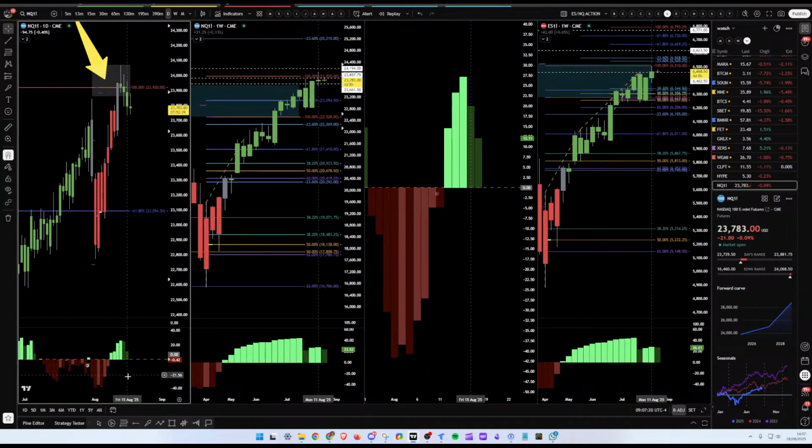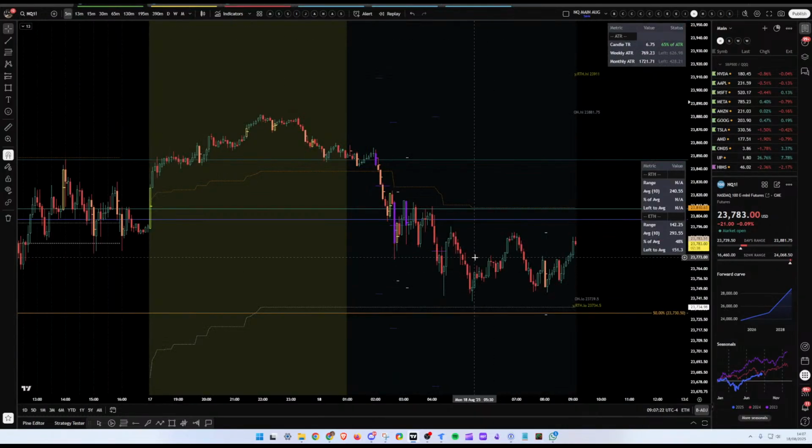Again, I'd rather have the BX turn red, but I did take a short on Friday and the BX was green, so it isn't an end all be all, but just keep an eye on that. Again, it lines up with Friday's low, so that's really nice to pay attention to. You don't have to have another level on your screen. That is the level today. Obviously, that's dynamic, so it does change throughout the day. Those who pay attention in the Discord, I'll update those levels.